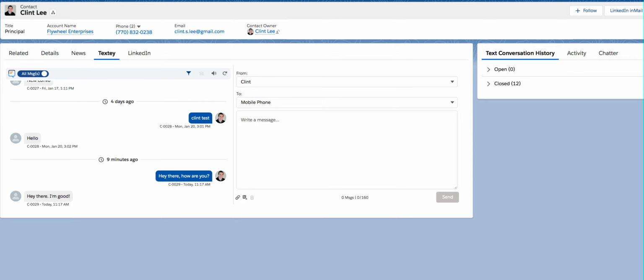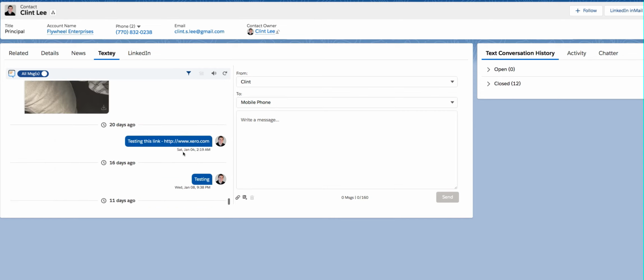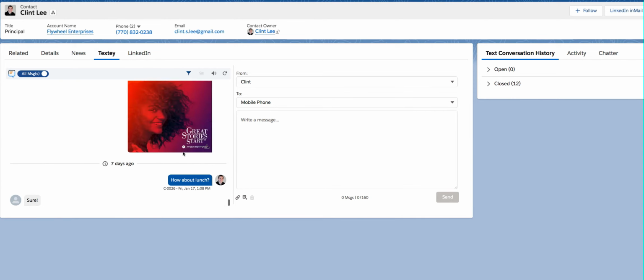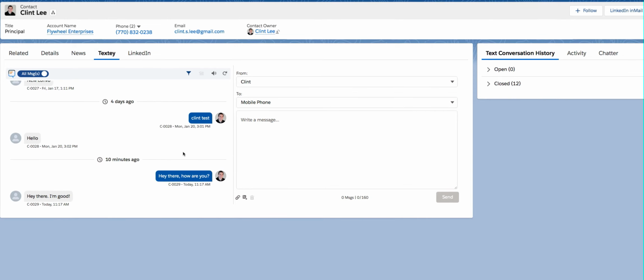So if you think of Textey historically, when you send a text message, let's say, for example, you send a text to a contact, that outbound text is related to the contact. And when your contact replies back, the inbound text message is matched, and it's also related to the contact. So you get this thread of text messages that, if I visit the contact record, I can see all this data is related to the contact, and I can scroll up and down and really see the entire